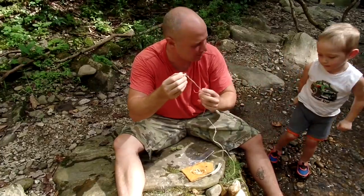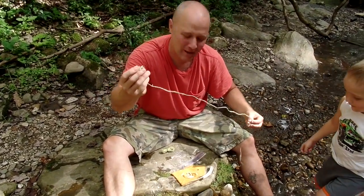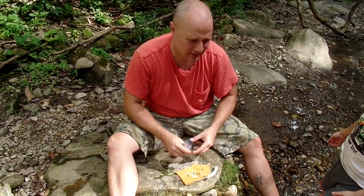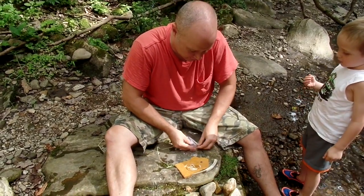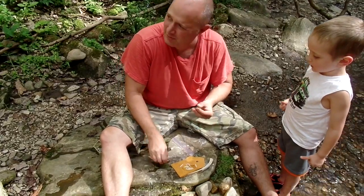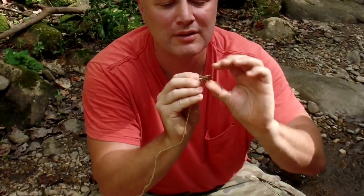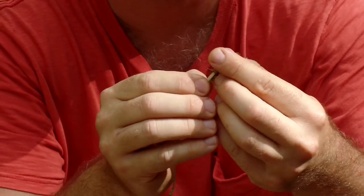Now, if I was after big fish in a lake, like a bass, this might be more helpful. But these gorge hooks are what we're going to use today. So I'm going to take our little grasshopper that we caught on the way over here in the front. Well, this we did catch in the driveway. And if it was a worm, we would just snake this through there. But we're going to take the gorge hook, we're going to stick it in his mouth, and I know, cruelty to animals, we're going to try to go down the thorax